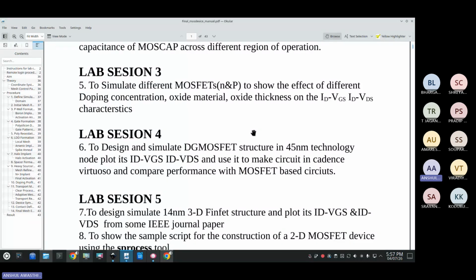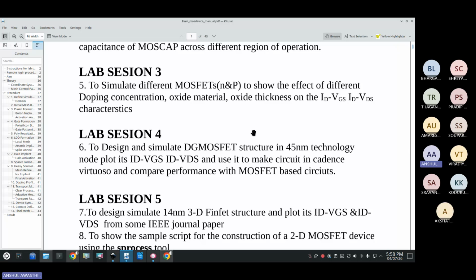Lab session 4 is to design and simulate a double gate MOSFET. We'll design a double gate MOSFET in 45 nanometer technology, plot its ID/VGS and ID/VDS, and use it to make a circuit. So now what is the use? Why are we doing this ID/VGS and ID/VDS for a MOSFET? We'll see here. We will use the ID/VDS and ID/VGS values we get from the